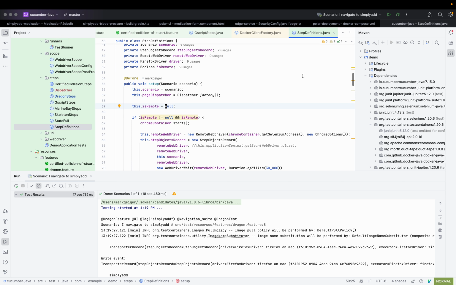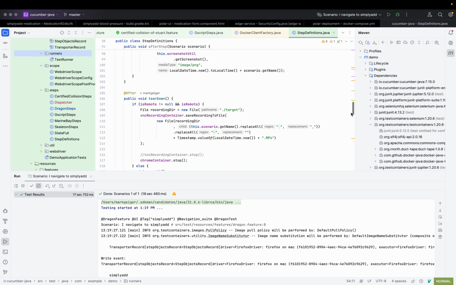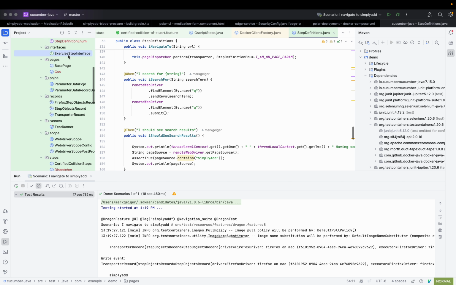And as I mentioned, you have one step definitions class, and typically you would have multiple step definitions classes, one for each test, but instead I have it set up so that you can store and pass in your values